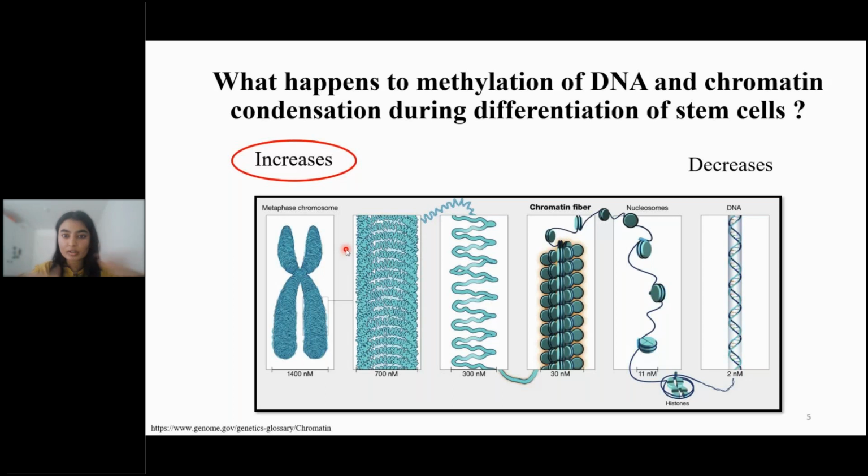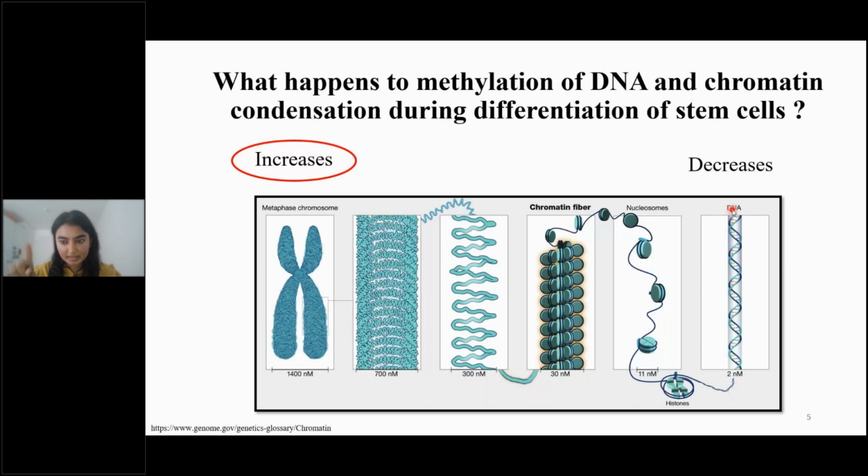Because if everything is on in the stem cells, then obviously it wouldn't function as an RBC, right? Some of the genes need to be shut down, and this shutting down is helped by methylation. As I told you, methylation is when a methyl group is added, the gene shuts off and it starts winding together.